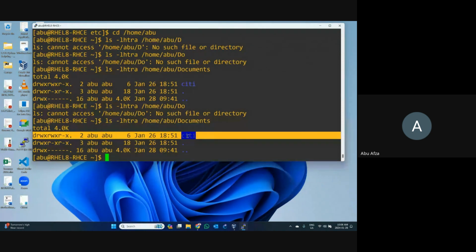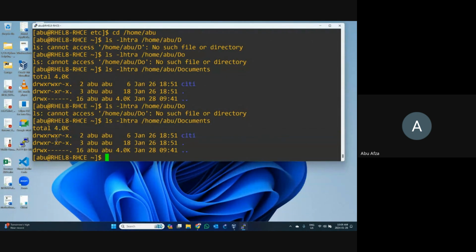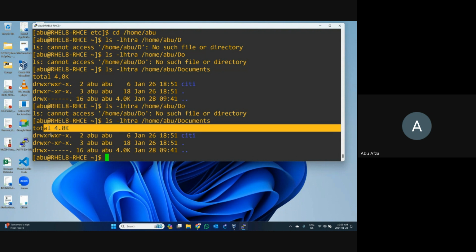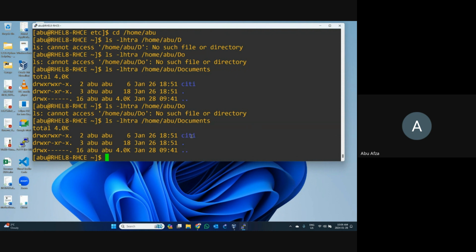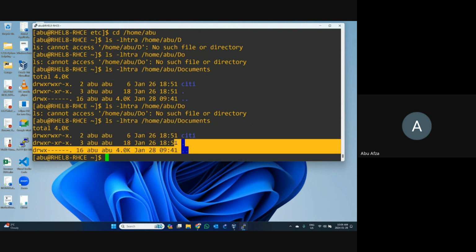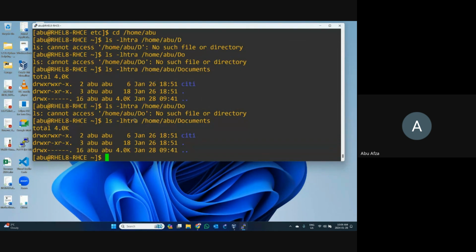I can see only one directory. We created it in there. That one is the city, and another directory is in here. Those are hidden. You can see there is a total of 4.0k. That is showing the size actually in here, but it will also be showing some count. I will show you, and you can see there is only one folder available, and these two are hidden files. We cannot see what things are available in there. That means you can locate anywhere.